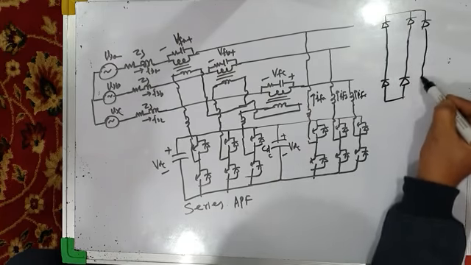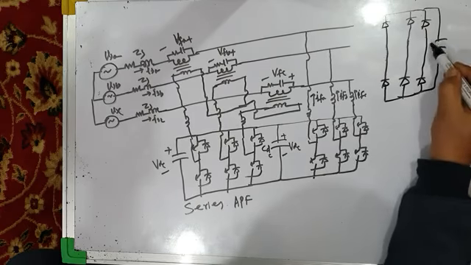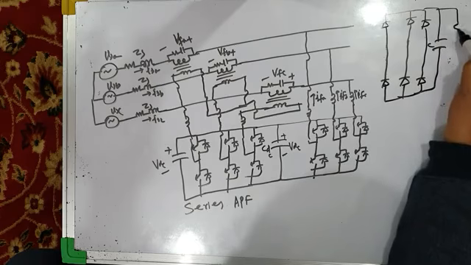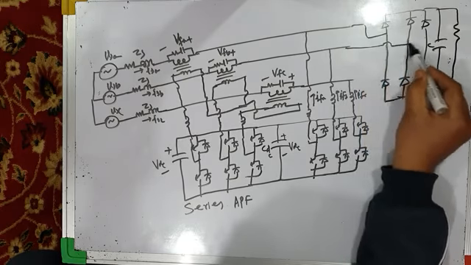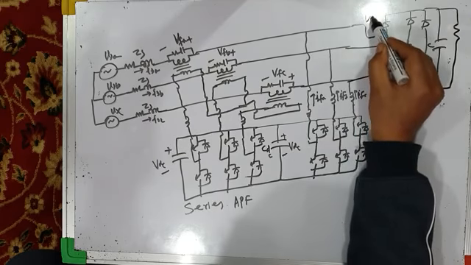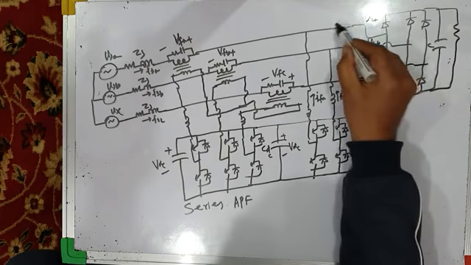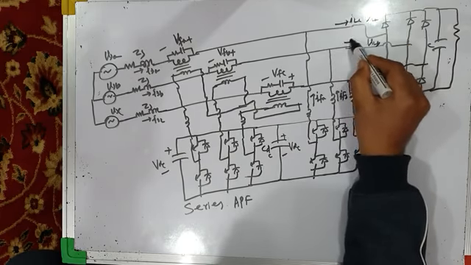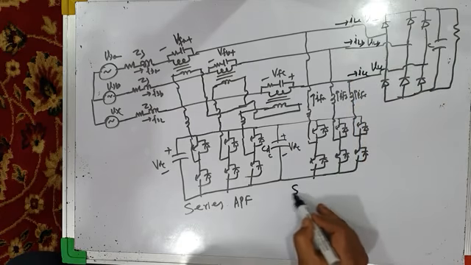Which is acting as a nonlinear load, a large filter capacitor at its DC bus, and this may be the load, and this is the connection. So load voltages are, say, VLA, VLB, and VLC, and load currents are ILA, ILB, and ILC. So this is shunt